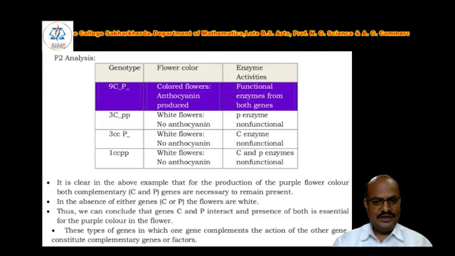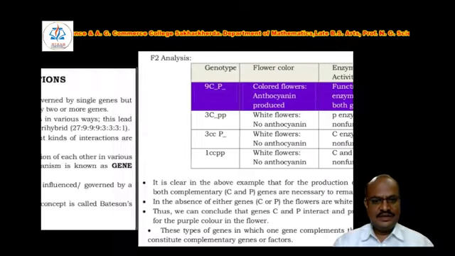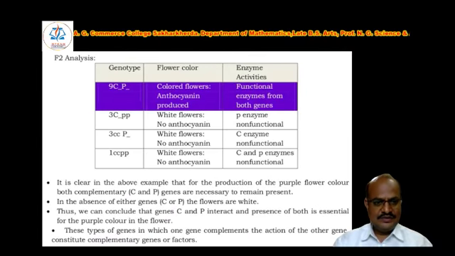Thus, we can conclude that genes C and P interact, and presence of both is essential for purple color flower formation. This type of genes, in which one gene complements the action of other genes, constitutes complementary genes or factors. In that way, complementary gene interaction takes place, and here we can stop our discussion